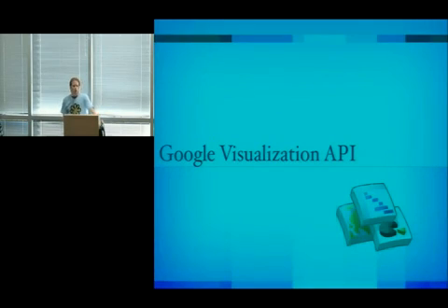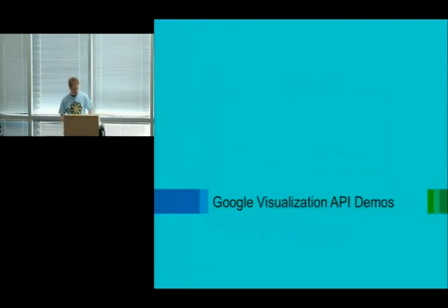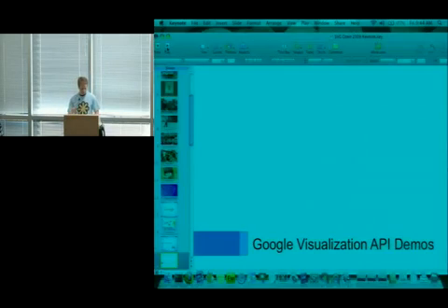Another place we use this is something called the Google Visualization API. This is a really cool API that you can give data from many different kinds of data sources, JSON, XML, on the URL, a Google spreadsheet, and it will give you different kinds of visualizations. Well, this is a perfect use case for SVG, and some of the visualizations do use SVG. Let me show you some of these.